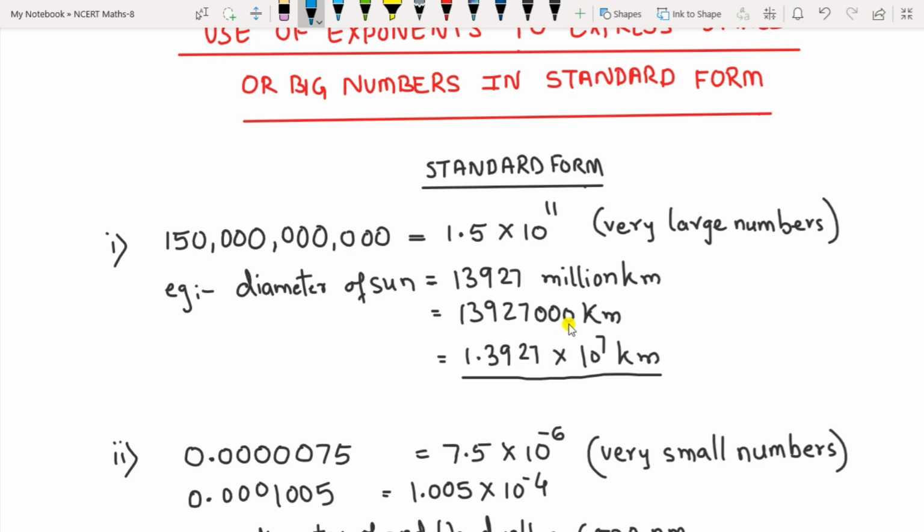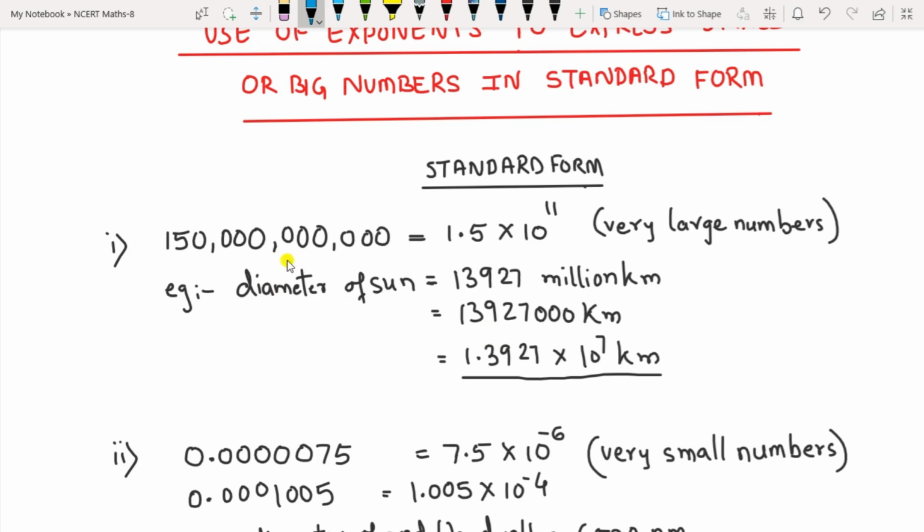Okay. So we are taking the decimal to the left-hand side. If we take the decimal to the left-hand side here, the power becomes plus. We have to write it in the plus form, because if we add the power, the decimal will move to the right side. So it is plus here. That is called writing in the standard form.